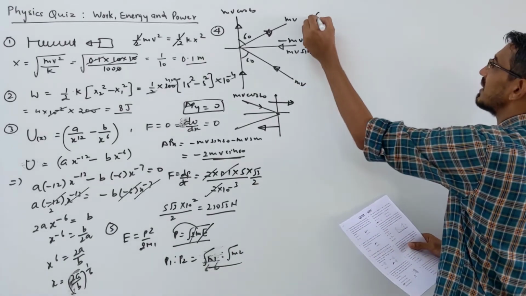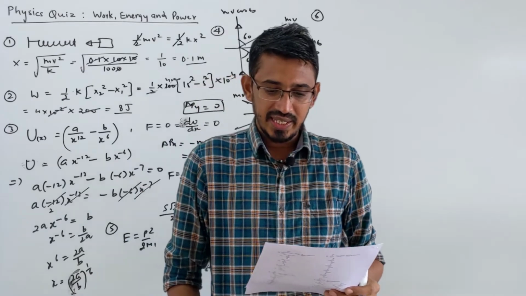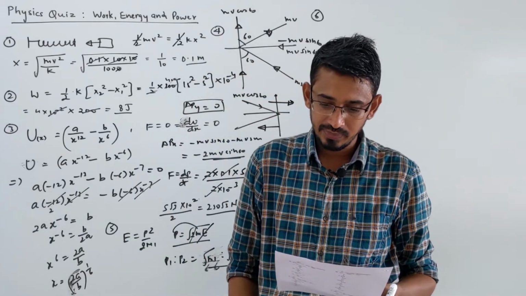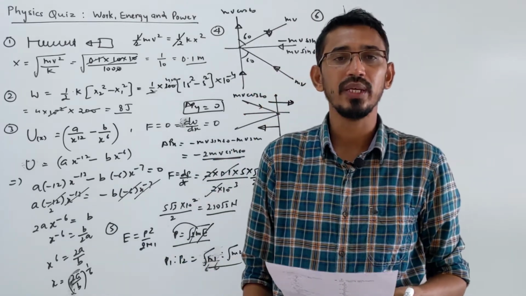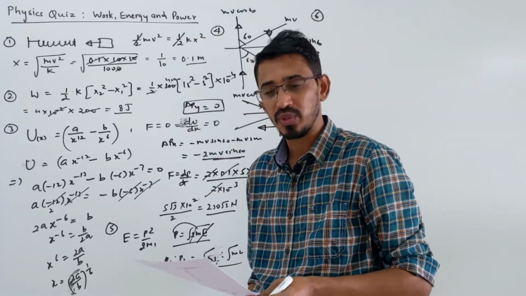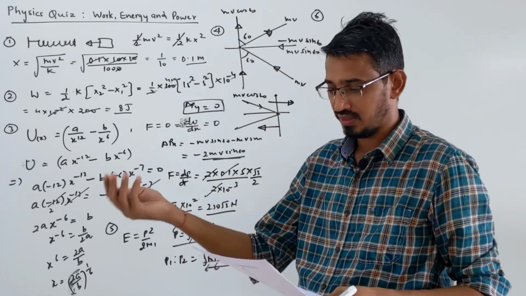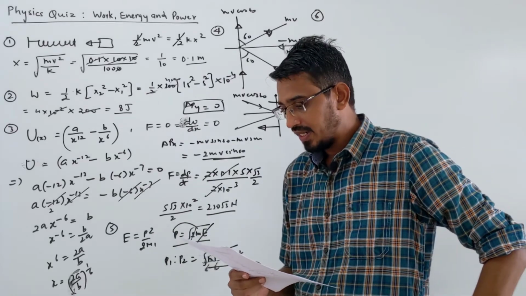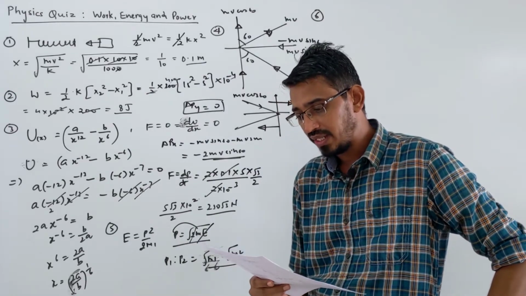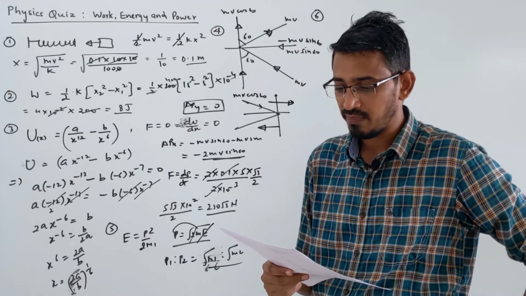Moving on to problem number 6. They said a frictionless track ABCD is given, ending in a circular loop. This question is from the last topic, circular motion, but the energy concept is there, so they combine them here. I told you energy conservation will come here. The radius is given as r, sliding from a height given as 5 cm. The maximum value of r for which a body successfully completes the loop.